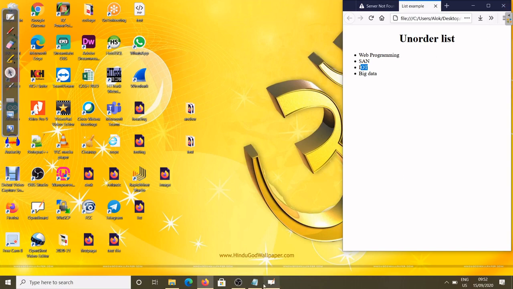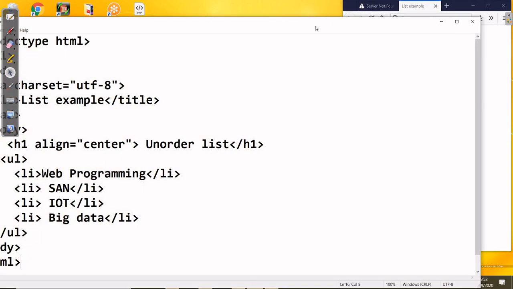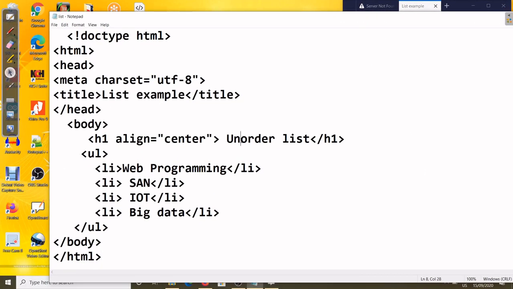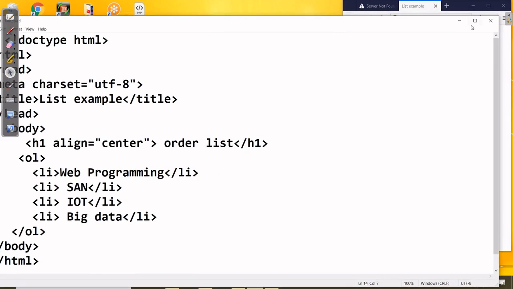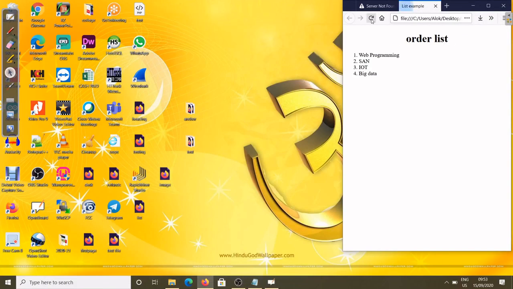Okay, same code I will apply, and we'll go for the ordered list. So just change it to ordered list. Everything is the same, only at the place of the ul we write the ol. Here ol, and here again ol. Control S again. We can just refresh that page and we'll see.